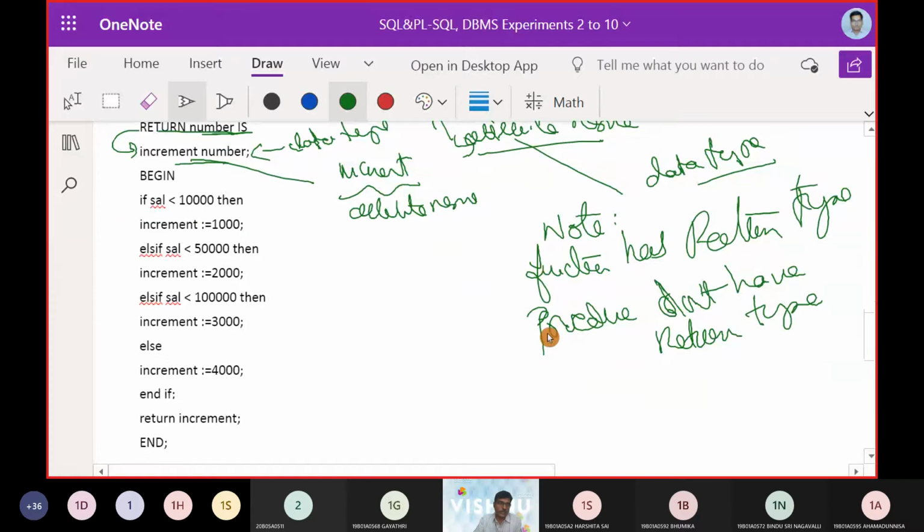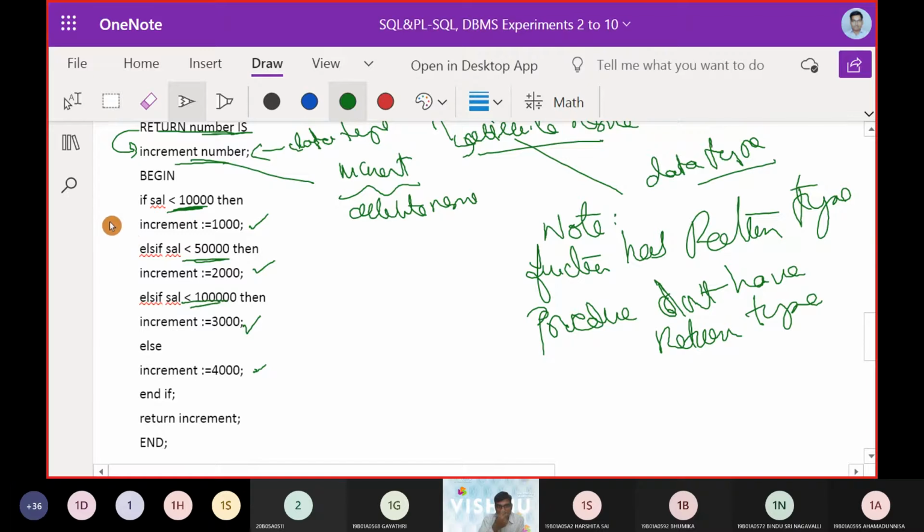Okay, now let us check the logic. If the person's salary was less than 10,000, give an increment of 1,000. If the salary was less than 50,000, give an increment of 2,000. If the salary was less than 1 lakh, give an increment of 3,000. Otherwise, whatever it is, you can go with an increment of 4,000.